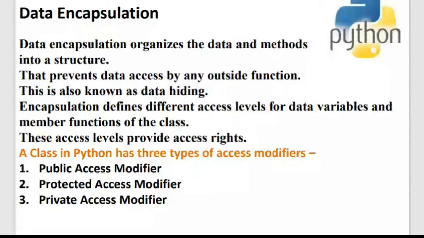Okay, so this is one of the very, very important principles of object orientation. Encapsulation is binding of the data and member functions together in a class. That is encapsulation. The advantage that you get with encapsulation is data hiding. The concept of encapsulation is data hiding. The advantage that I get with encapsulation is data security.